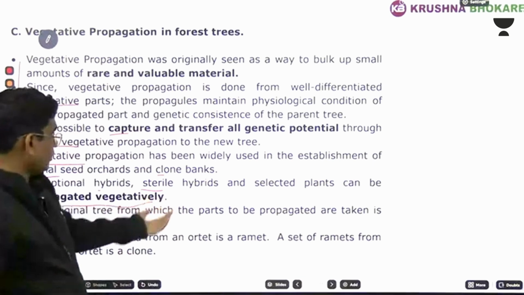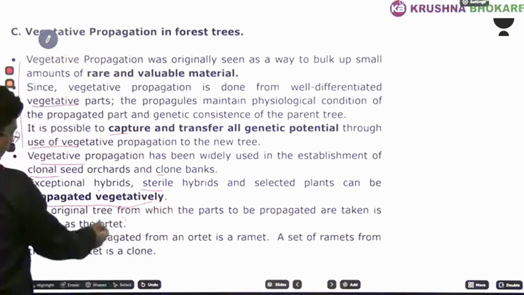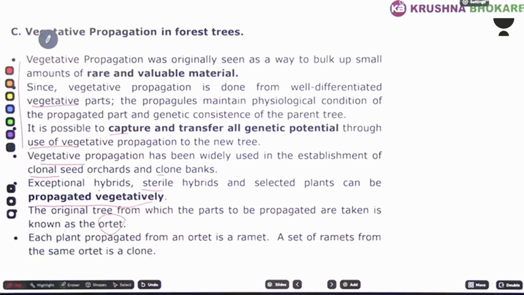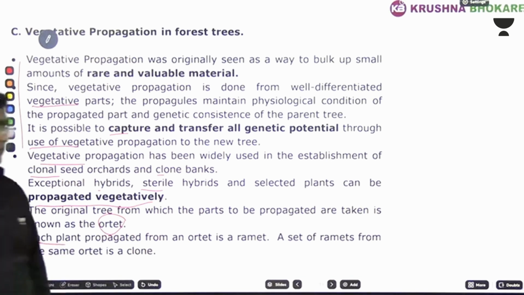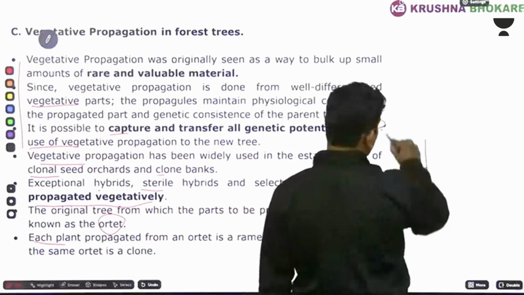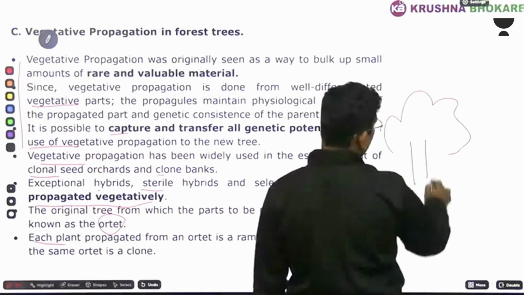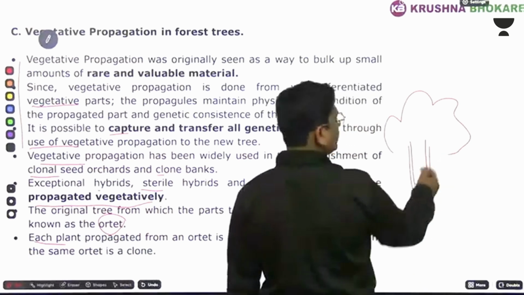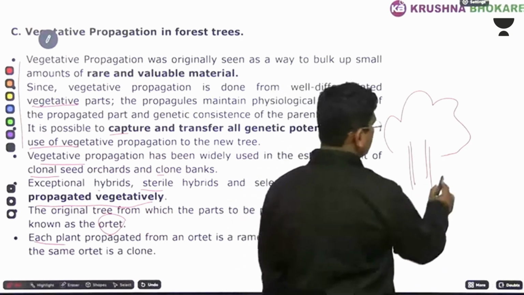Original tree from which the plants are propagated is known as the ortet. Sorry, ortet, it is called. And each plant propagated from the ortet is called a ramet. In vegetative propagation, let's say this is the original plant, but it does not produce any viable seeds, or there is a very small amount of seed. So this plant is called as